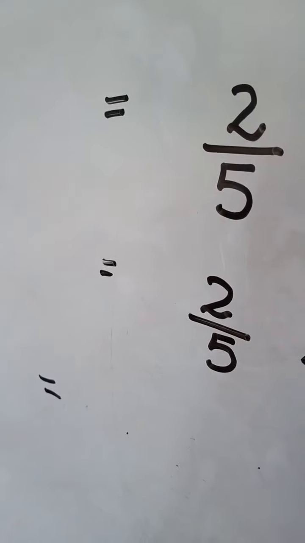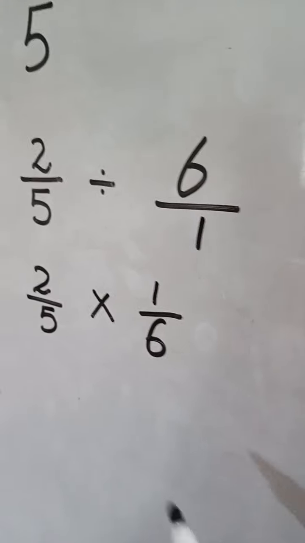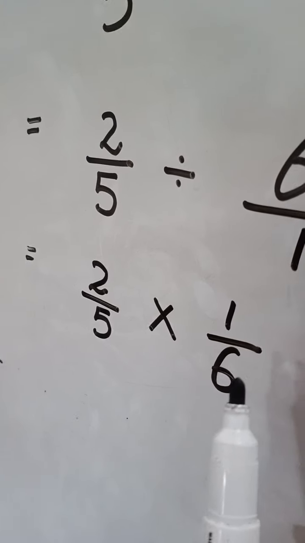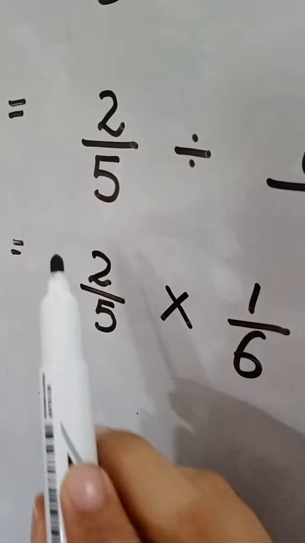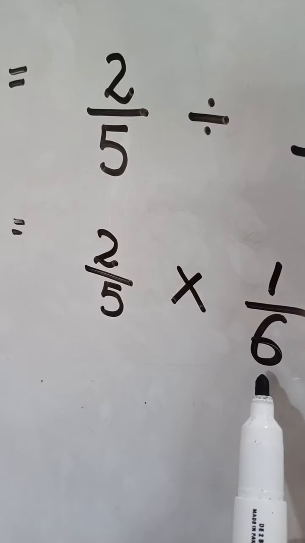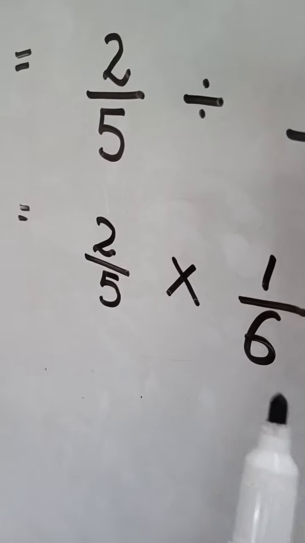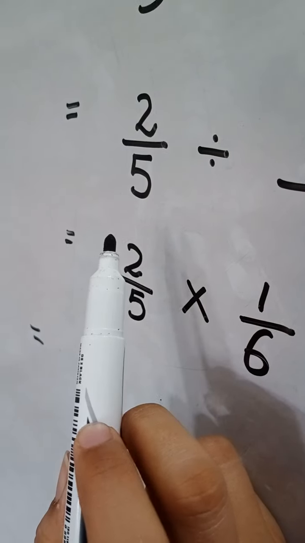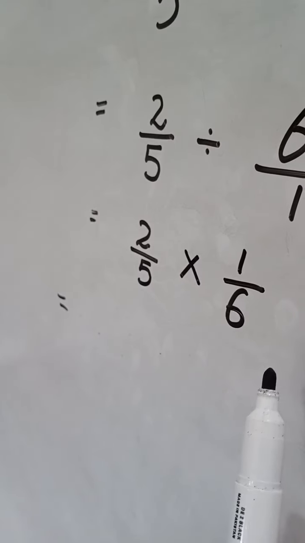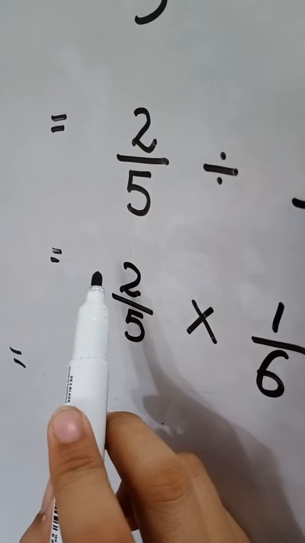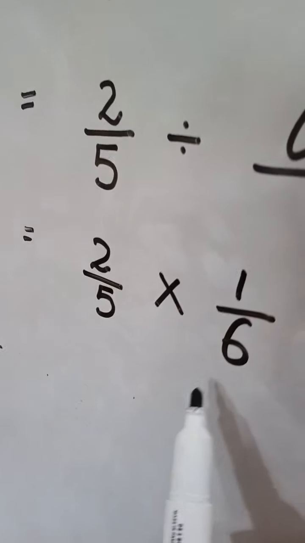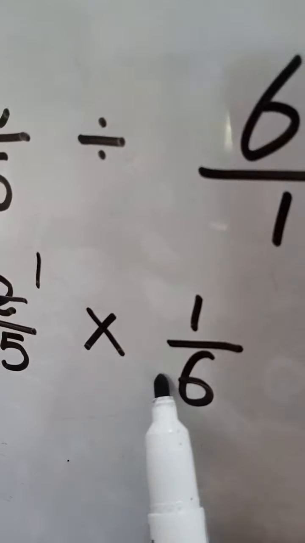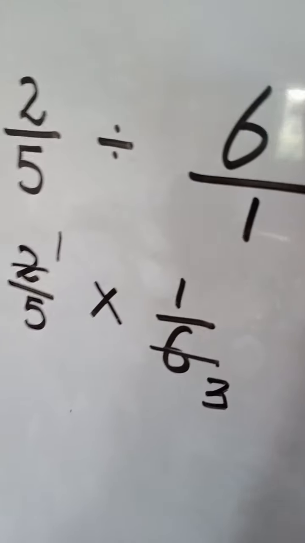Is it clear? Now it's simple multiplication of fractions. You know that numerators and denominators can be simplified on the same table if it is possible. So you can see 2 and 6. You can cut them on the same table. But you should remember, for simplification or cutting, it's necessary that one number should be in the numerator and the other number should be in the denominator. Is it clear? So you can see 2 and 6. These two numbers can be simplified on the same table. You all know that 2 1s are 2 and 2 3s are 6.